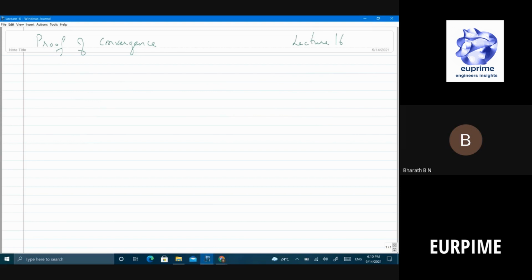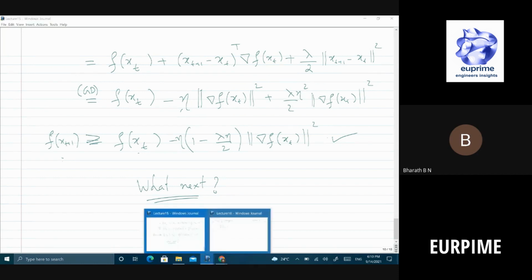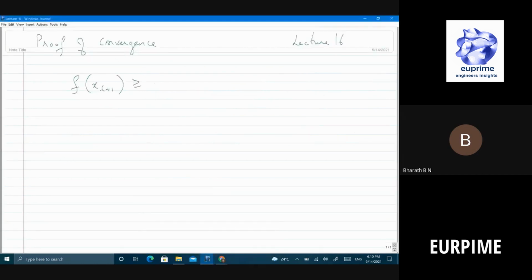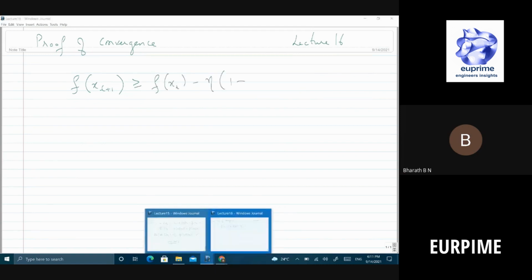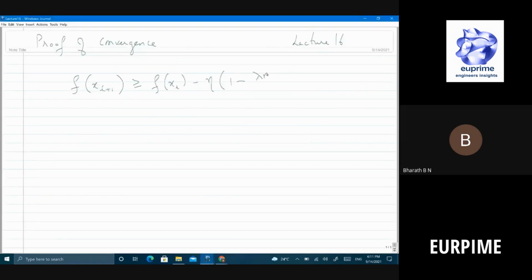So let's see, we got this, right? f of xt plus 1 is greater than or equal to f of xt minus eta times 1 minus lambda eta by 2 times the norm of gradient of f at xt, whole squared, right? Do you agree with this? Okay, so now